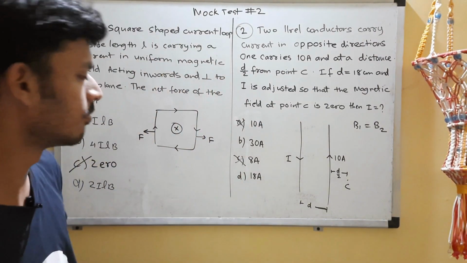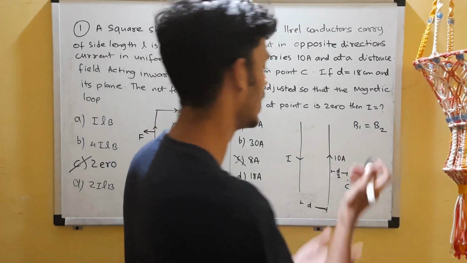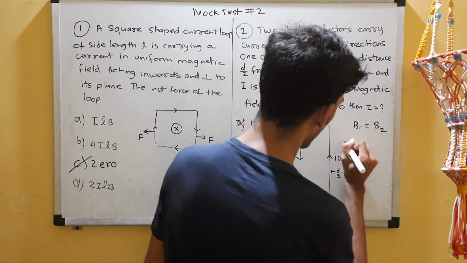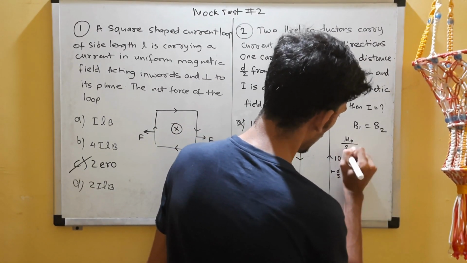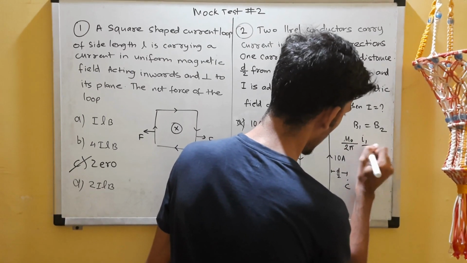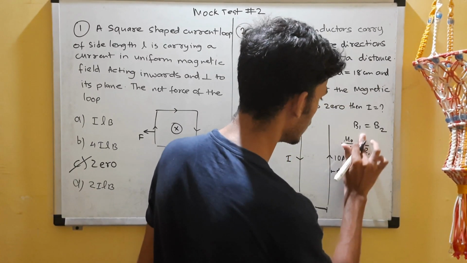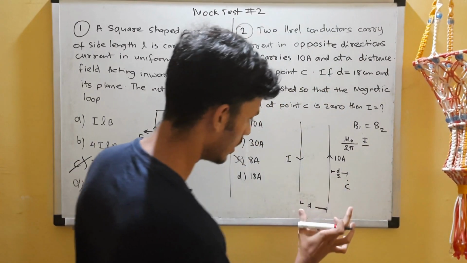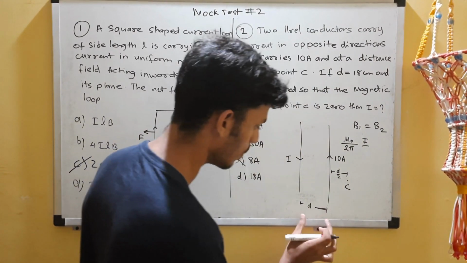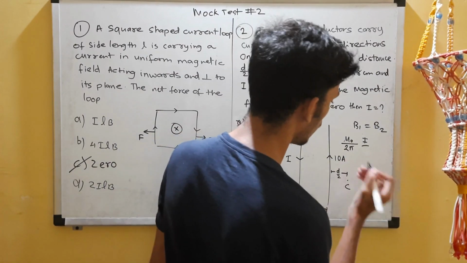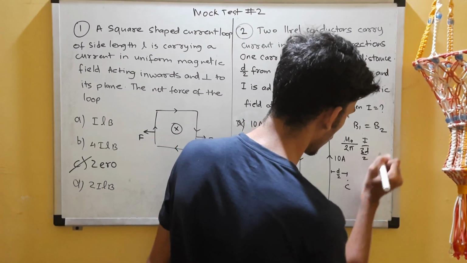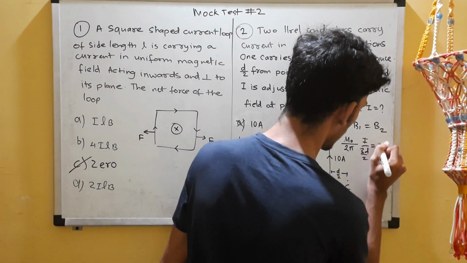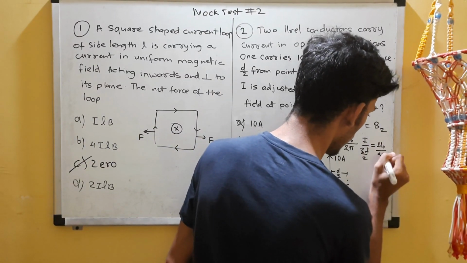Okay, we have to select among the other two options, but let's solve it. So magnetic field due to wire 1, we'll call this wire 1, is mu 0 upon 2 pi, I1 by R1. I1 in this case is the current I which it is carrying, and R1 is the distance d plus d by 2, distance from point C, which is 3d by 2. Okay, and B2 is the magnetic field due to this wire, which is again mu 0 upon 2 pi, I